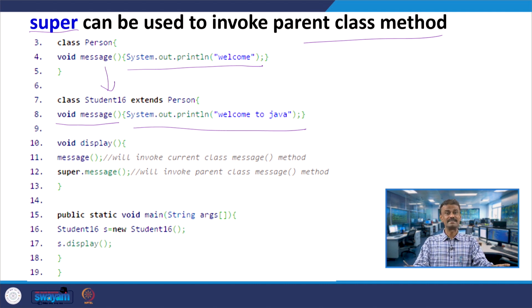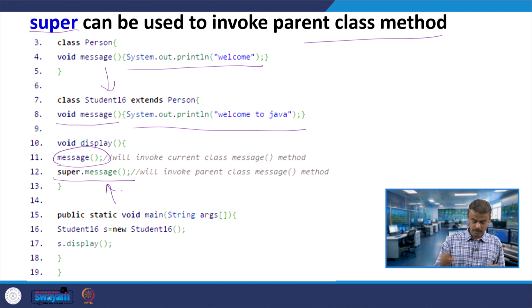Now, slowly we are going into polymorphism, not exactly, but slowly. You have void display, where you are calling message. Let us say which message will be called. On the next line, line number 12, you have super.message.